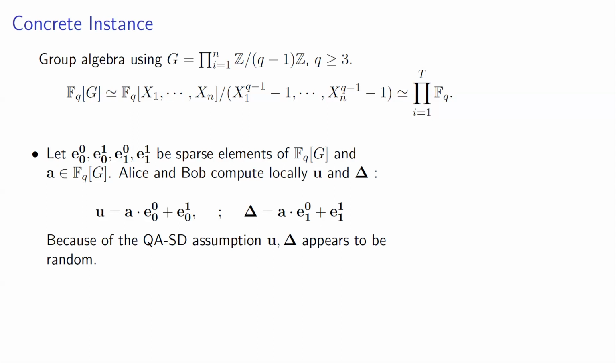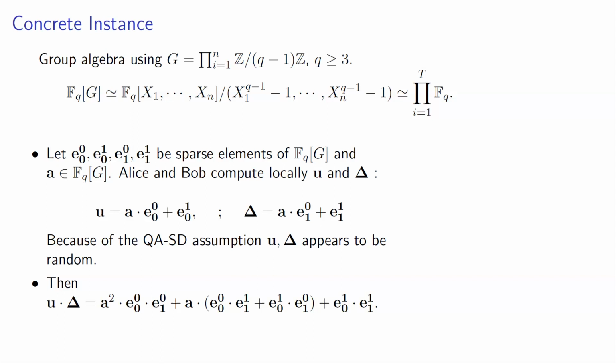You take some E0, E1 sparse, A public random, and U is A E0 plus E1, and same for delta. Therefore, the code of the Q is the assumption. They appear to be random. But if you take the product, U delta,